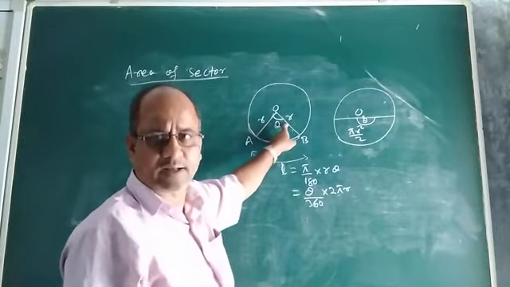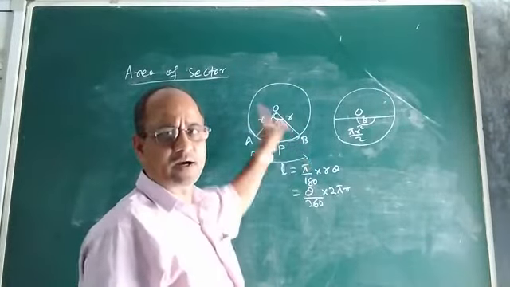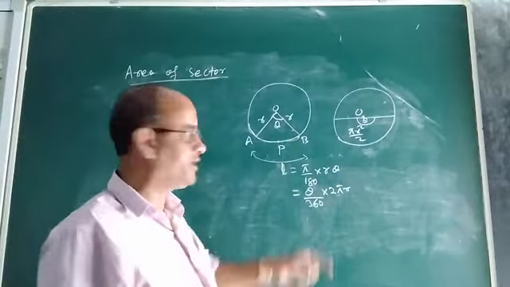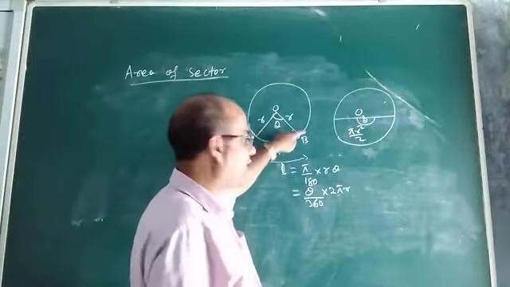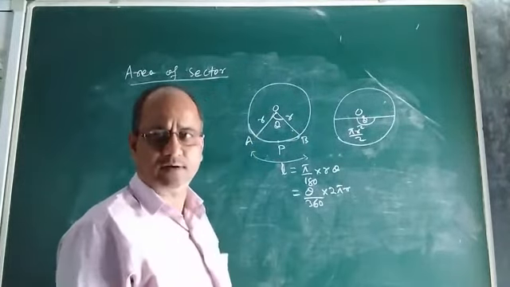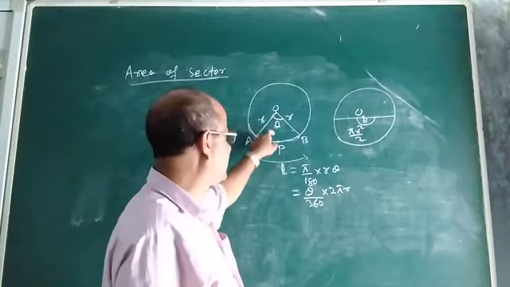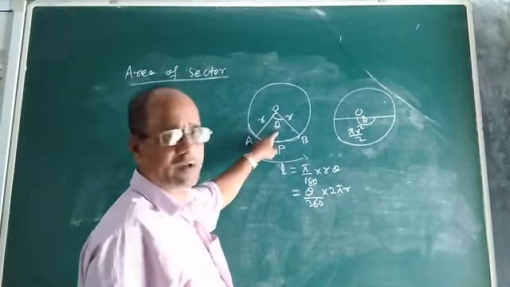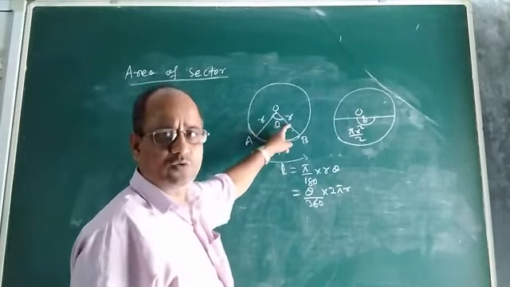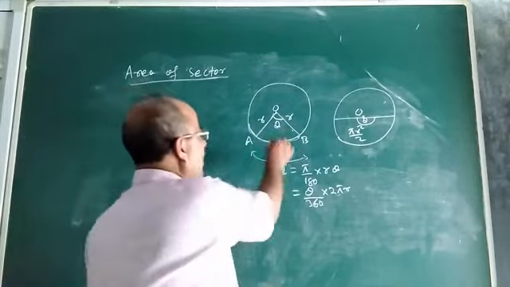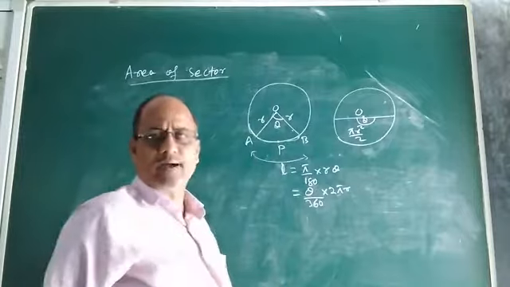You know what is the sector angle? The angle subtended by the arc at the center is known as the sector angle or central angle, whatever you say. Clearly, OAPB is a minor sector because this portion or region is enclosed between two radii and one minor arc. So this is no doubt a sector. Now, how to find the area of this minor sector?